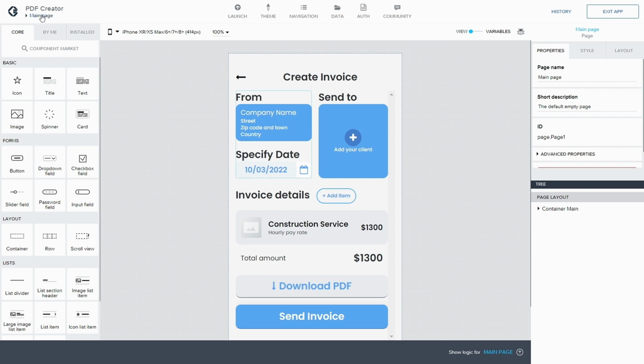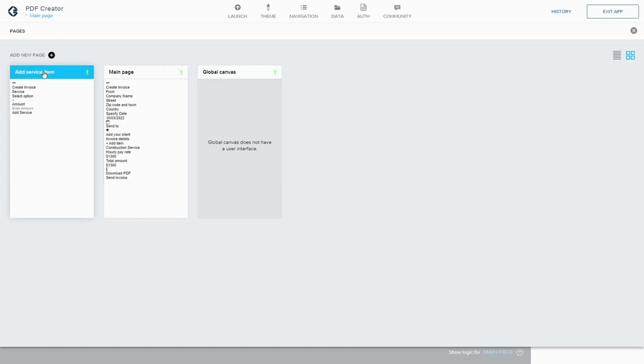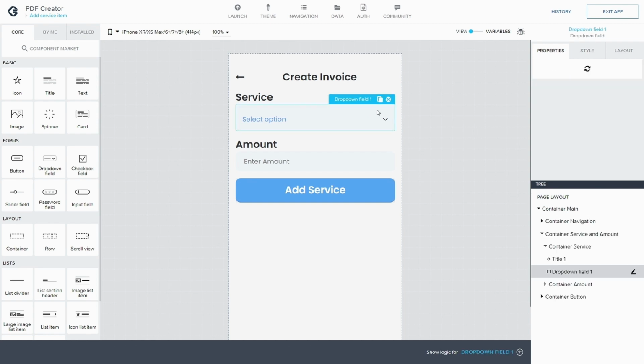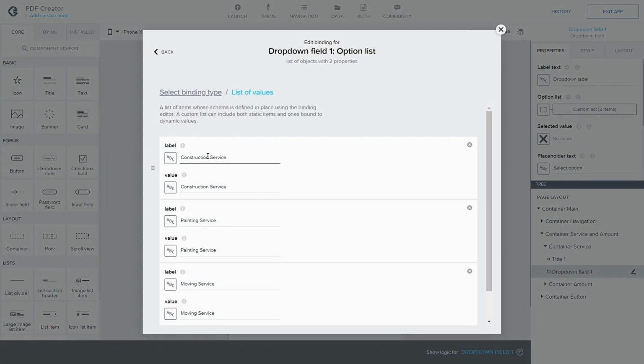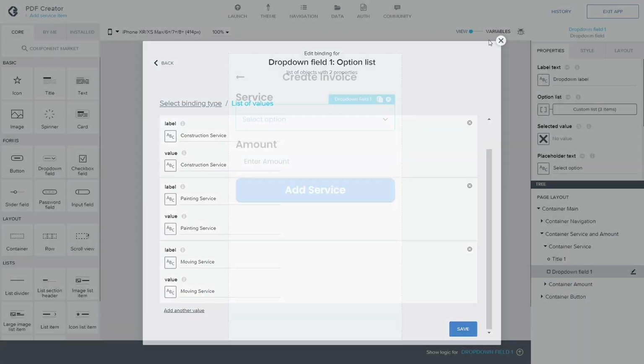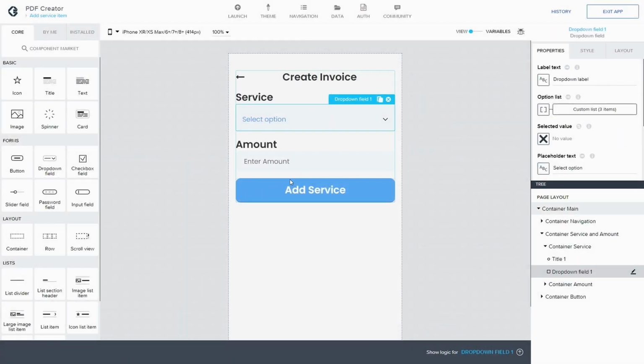That would then open up a second page, which is this one here, which has a drop down. The drop down has three different items: construction services, also painting and moving. So I will select one of those three. I will enter the amount, press add service, and that will then add it to a list. And the list is a